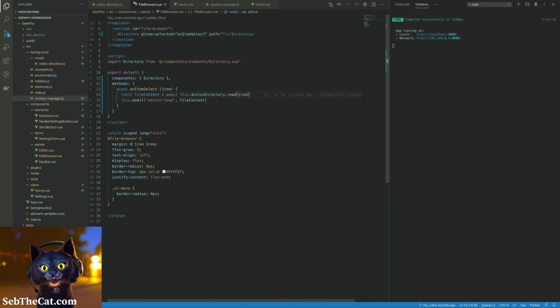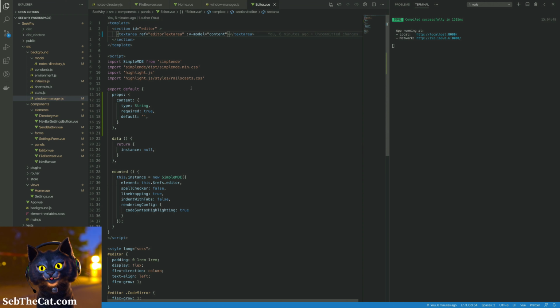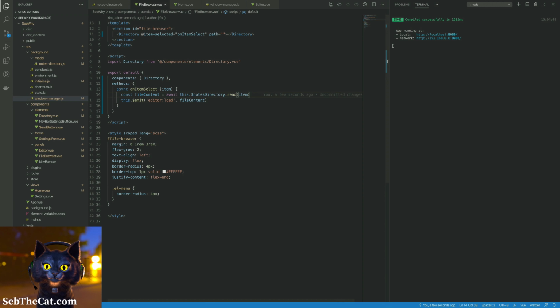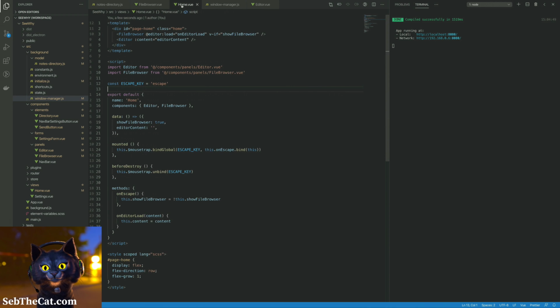Okay, so I guess what we need to make sure is that we're listening to that event, I guess. This .emit. So we emit up to the home,